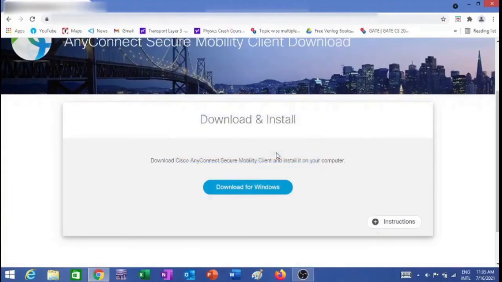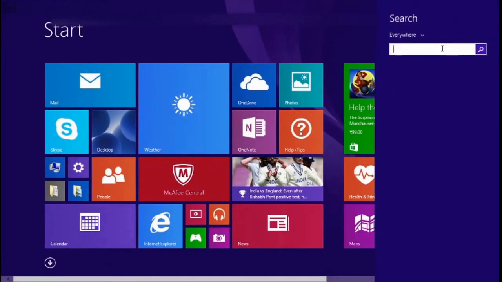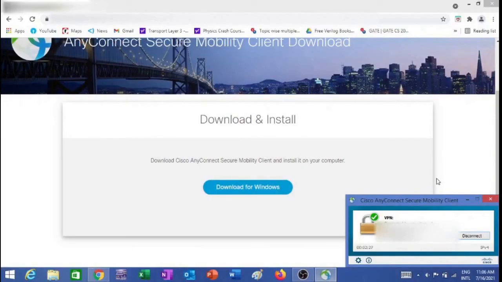Now the connection from that particular desktop is no more connected to my system, but I am presently still on the VPN. To come out of the VPN, I again need to go to the search option and type Cisco. I'm getting this tab once again. Let me click it. You can see it is still connected. So I'll just strike the disconnect button over here, and my VPN network got disconnected.